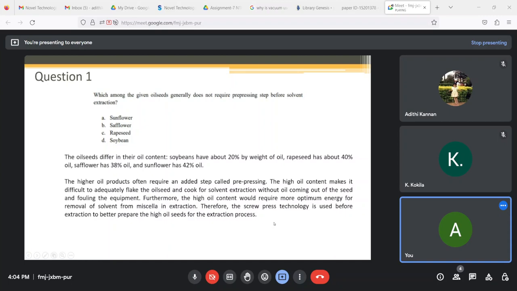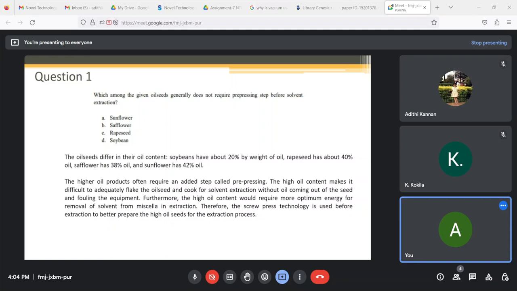In screw press technology, which we will discuss later in these slides, you feed the oil seeds in at one end, and they pass through a horizontal barrel which has a screw in the middle. This screw keeps rotating, and because of this rotation friction is generated, and because of the screw action and the shearing force, the oil will